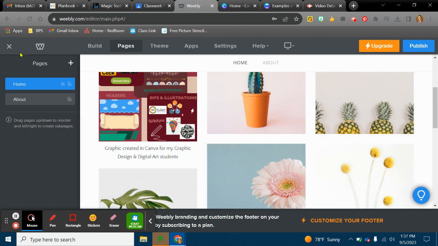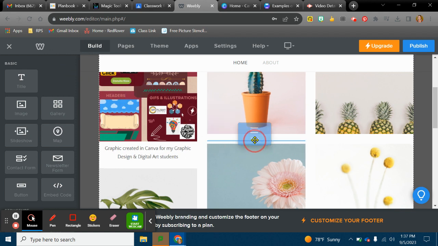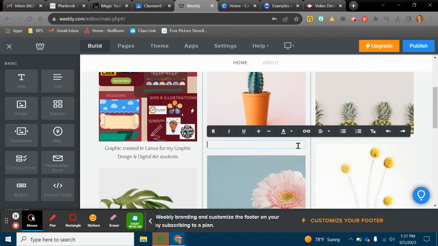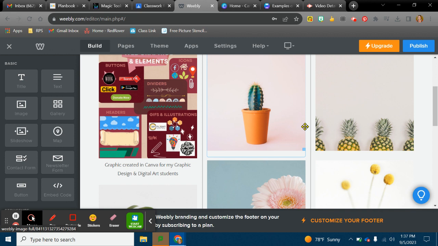If you don't want to do it that way, I can go back to build here and you could just drag text over where you want it and then just type out what you want to add there. That way you can change fonts and sizes too. To delete things, if you hover over it, you can see there's a little X box here. Click delete. It's not always the most intuitive, so sometimes you'll end up with some glitches and things, but